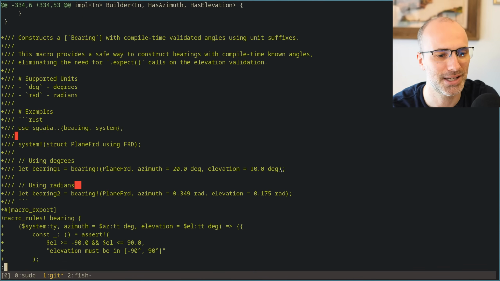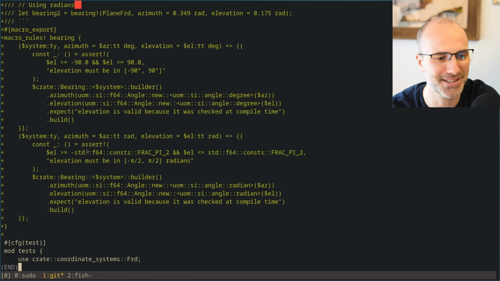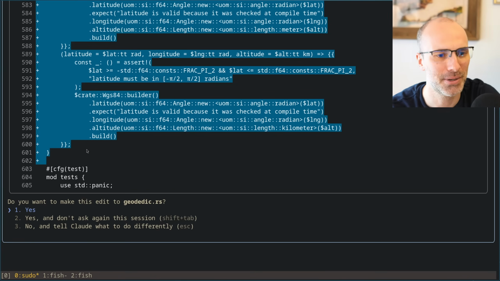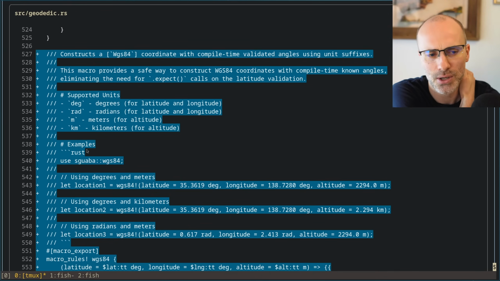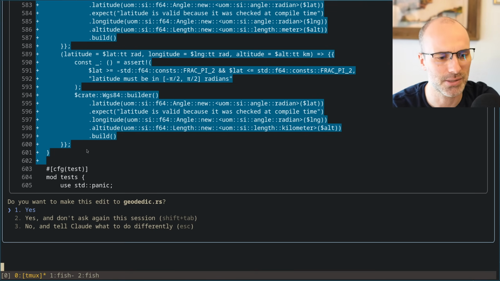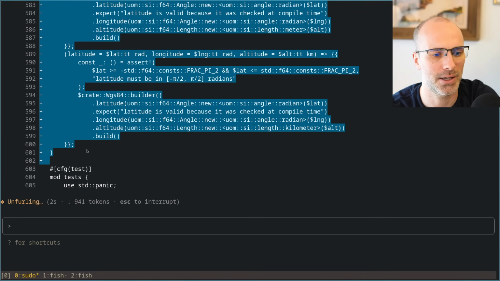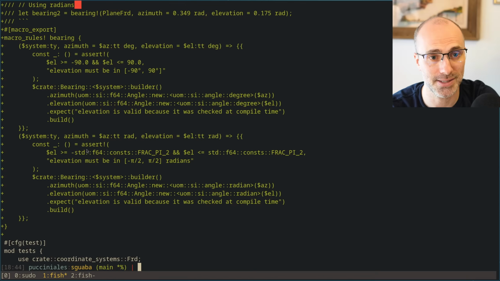Oh, okay. So it's doing some sad things with adding spaces in here. I don't know why it has trailing spaces. So that we're going to have to fix back up. And then in geodetic.rs, it adds this. Yeah, that seems fine. That seems fine. The macro still makes me a little sad that it has to be that expressive, but okay. I am really curious to see what tests it adds, actually.